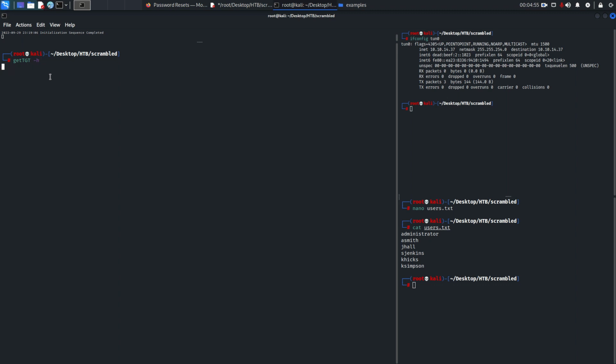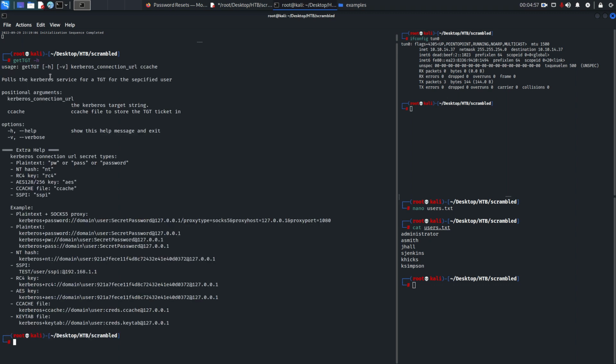So space -h, let's see the switches. So these are the switches. What I'm going to do here is get the Sqlsvc file. The Sqlsvc file is a storage of the TGT ticket for a specific user. So I'm going to generate this Sqlsvc file for the Sqlsvc user, right? And we are going to